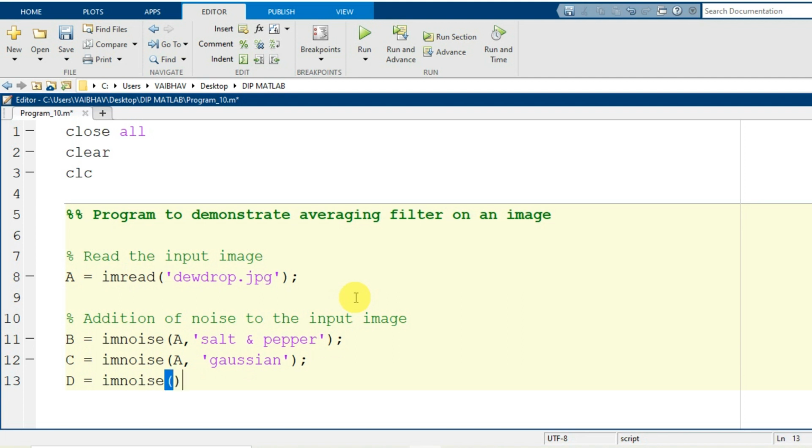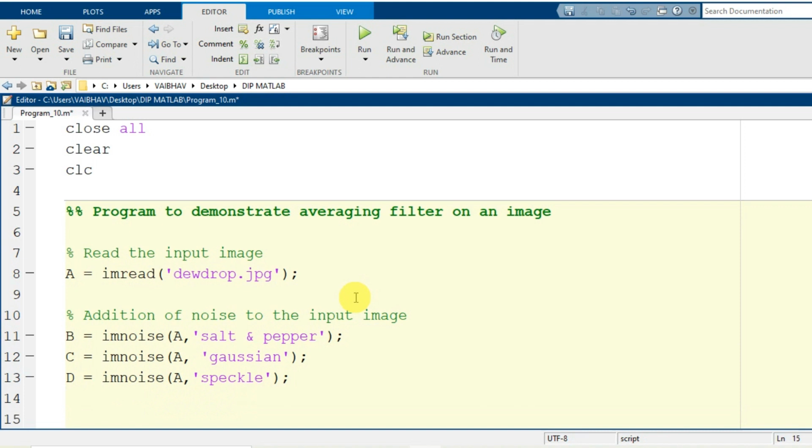Again we have the input argument A, and the type of noise in this case will be speckle. So in this demonstration we are considering the three images held by the variables B, C and D with salt and pepper noise, Gaussian noise and speckle noise.